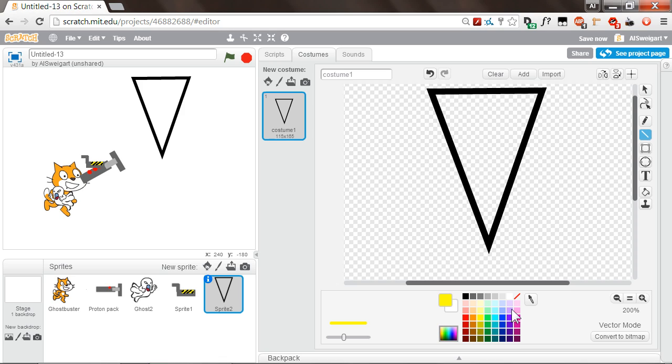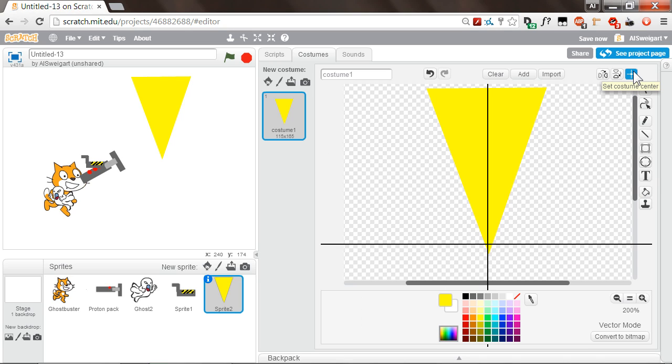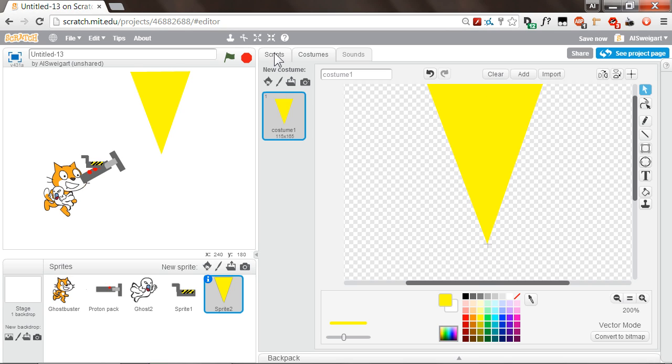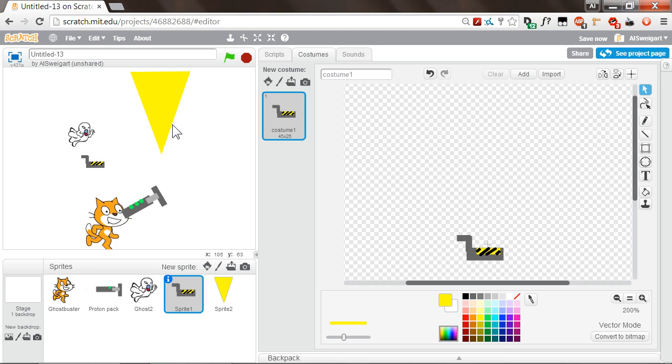And I'm going to make it a bright yellow color. So be sure to set the costume center to somewhere right at the bottom of the triangle. That looks good. Okay, so if we click on the green flag, oh yeah, we don't want this stuff